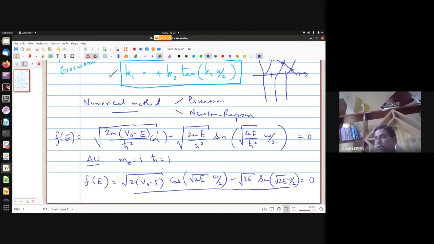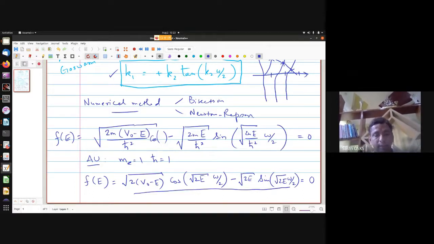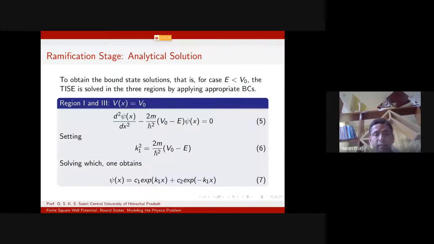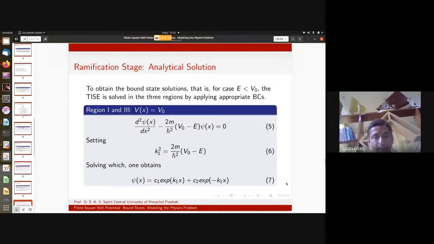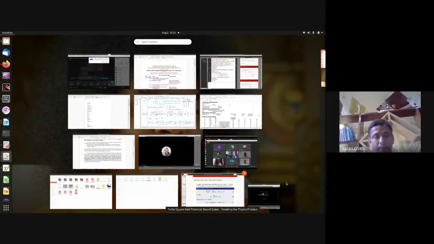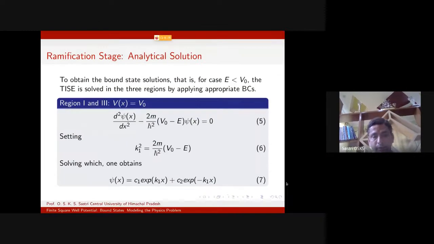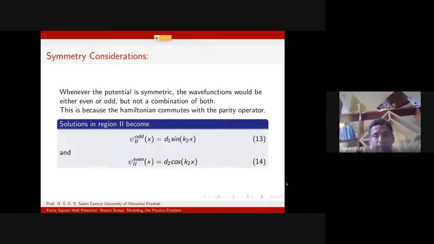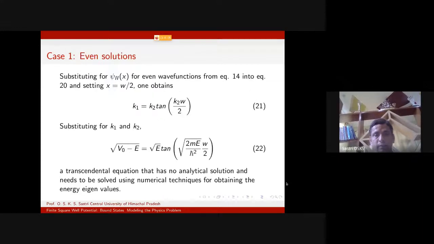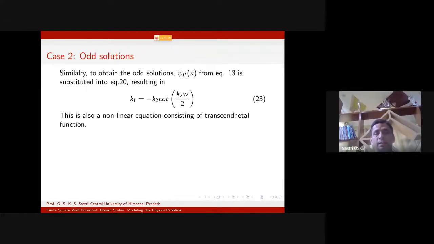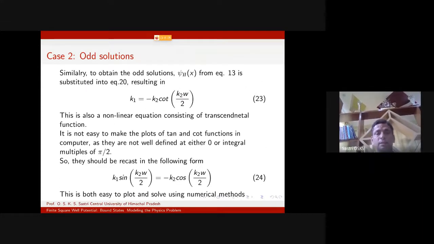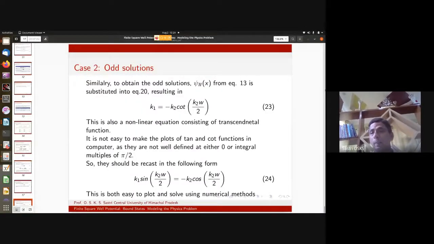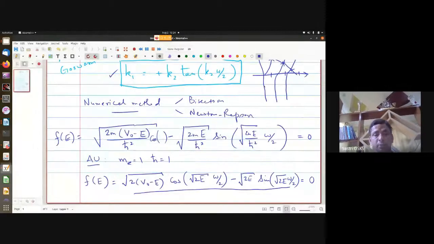Okay, so all of you are with me till here, and I hope I did not go too fast and you are able to follow whatever I said. So this is one equation like this, and this is another equation that you will get. So this is the kind of equation that we want to solve. Right, now let me go to GNumeric and show you how to solve this equation.